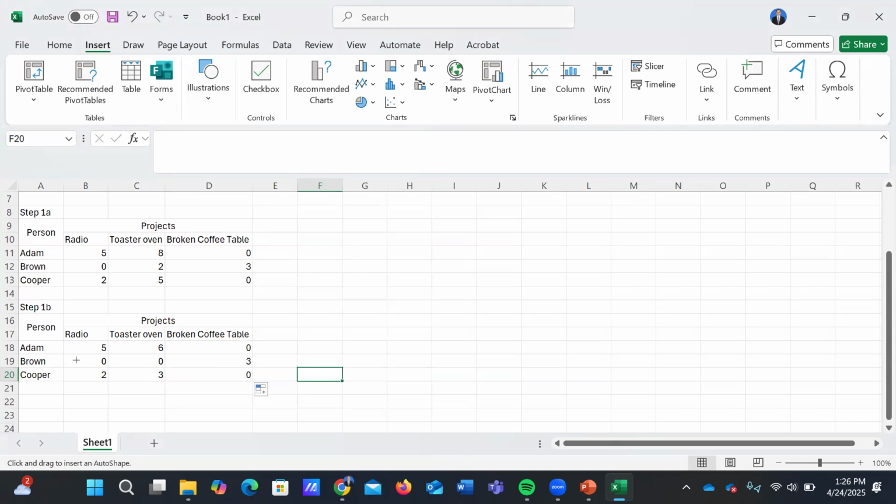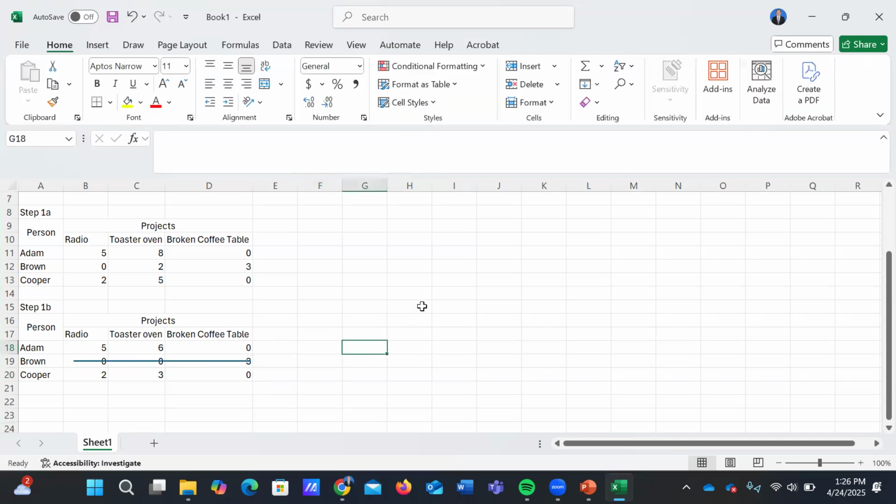For brown, we cover all the 0 numbers with one line. This line covers the 2 zeros that are brown to fixed radio and brown to fixed toaster oven.